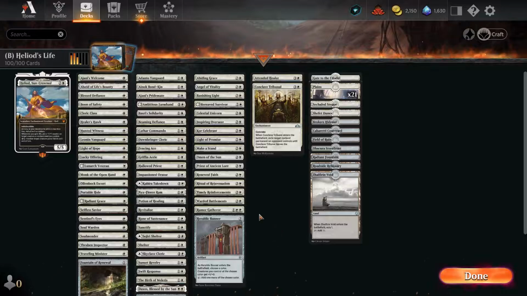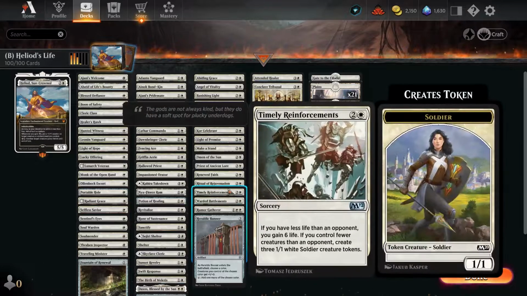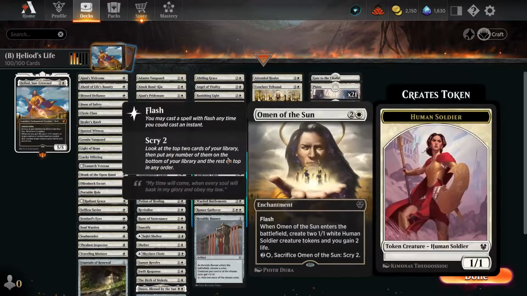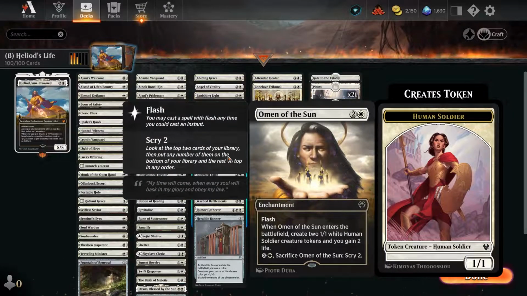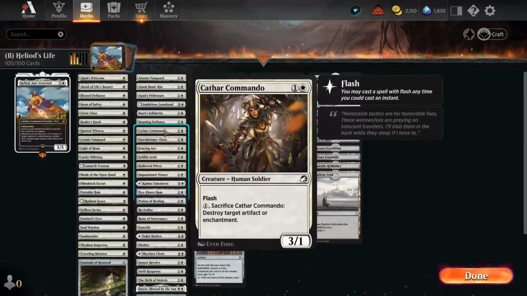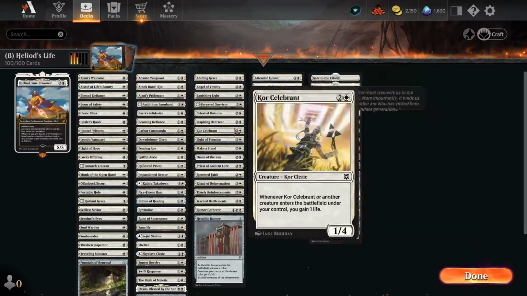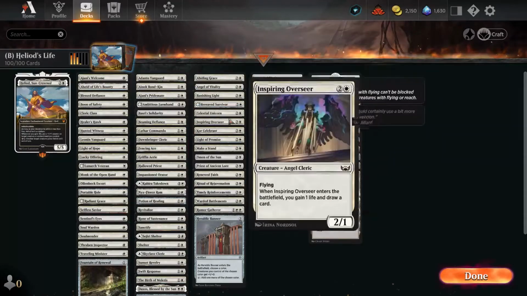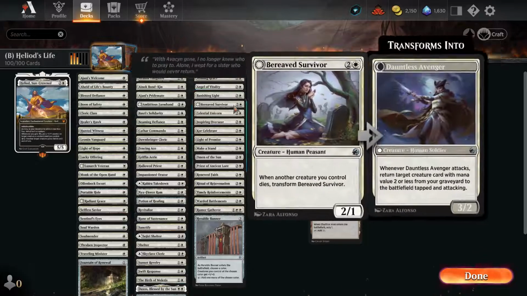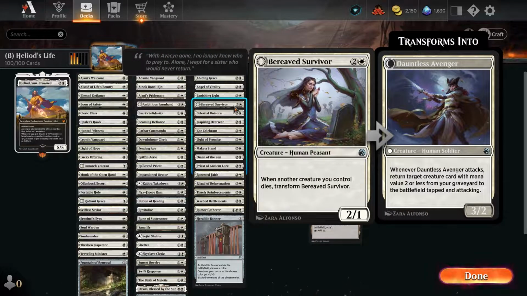And then obviously when you go to the 3-drop slot, we have a couple more cards that can slowly start building up more value for us. Priest of Ancient Lore to give us some life and a card draw. We have cards such as Omen of the Sun, again, same thing, puts out creatures, gains us life. You can already see that the main focus, besides the life gain, is to build up quite a few tokens to help us keep triggering more life gain stuff and help pump up big cards such as our Angel of Vitality. You have other cards such as Bereaved Survivor, who can bring back a lot of our cheaper cards